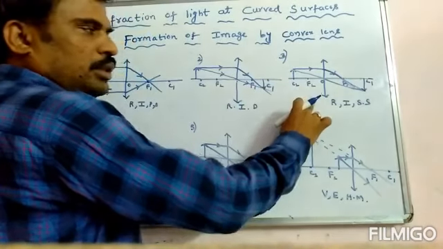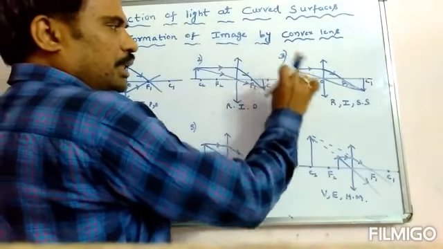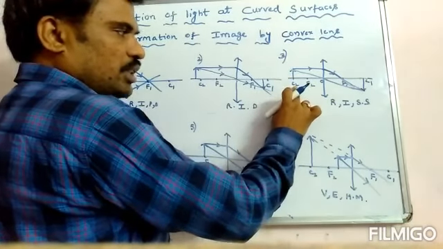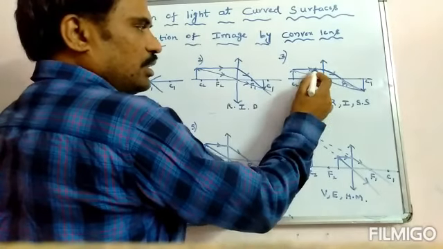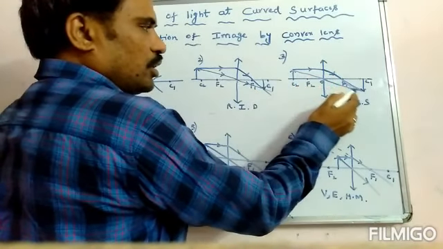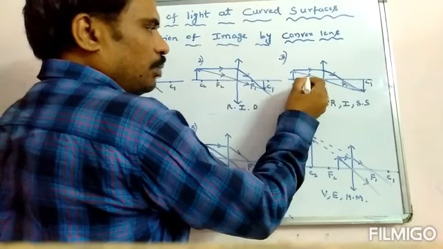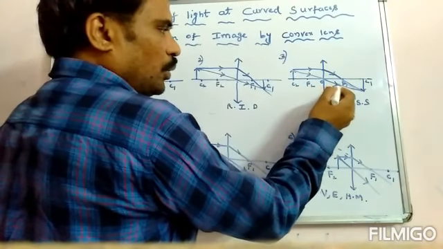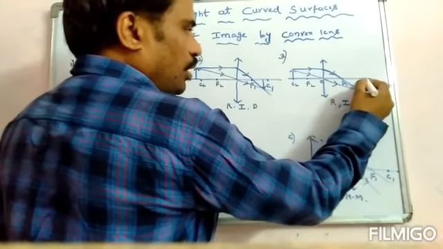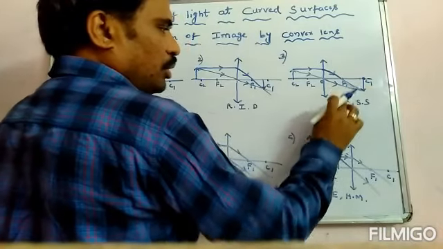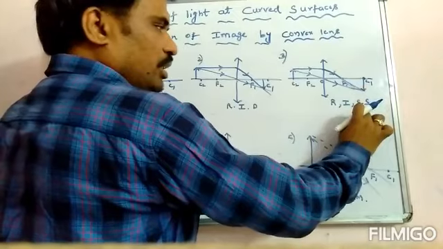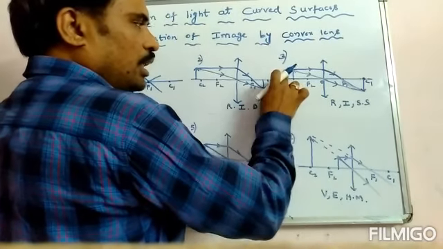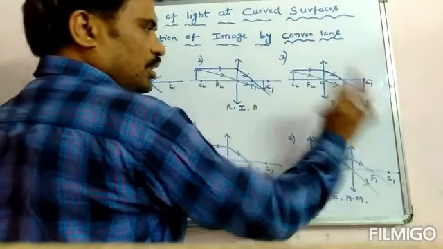Now you can look at the third ray diagram. In the third ray diagram, the object is placed on C. Again I have taken a ray parallel to the principal axis. Then after refraction it passes through the focus, and another ray passing through the optic center has no deviation, and the image is formed on C. So the nature of the image is real, inverted and same size. Same size means the object size and image size are the same.